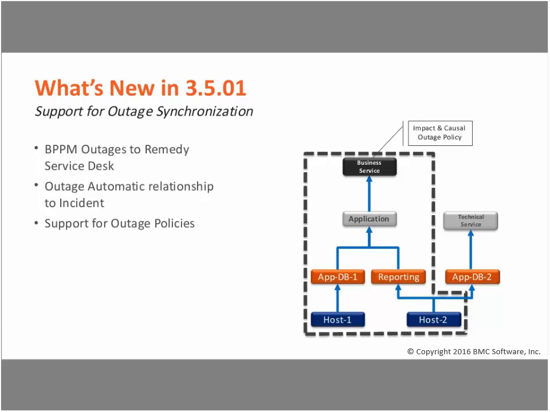So if, in fact, you have a failure that occurs at the lower level of the tree, guess how many outage records you would get. With this policy, you will end up with exactly 2 outage records. The first outage record will be for the causal CI, and the second outage record will be for the impacted CI. So you'll end up with 2 outage records. Okay? So if there's an outage or an error that occurs in host 1, and you're using this policy, you'll end up with an outage record for host 1 as well as an outage record for the